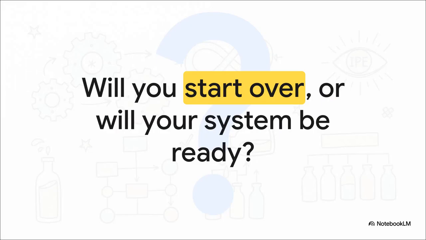So I want to leave you with this final thought to really evaluate your own continuous improvement program. When your current constraint breaks and a new one emerges, because we know it will, will you be starting from scratch, or will your system be ready? When the dust settles and tomorrow's bottleneck reveals itself, are you going to be scrambling to map the process, or will your comprehensive architecture already be lying in wait?